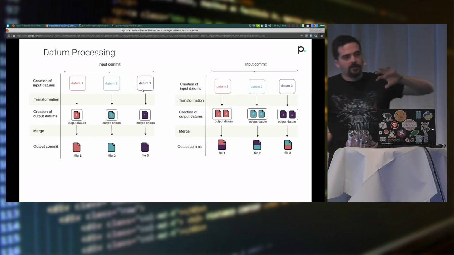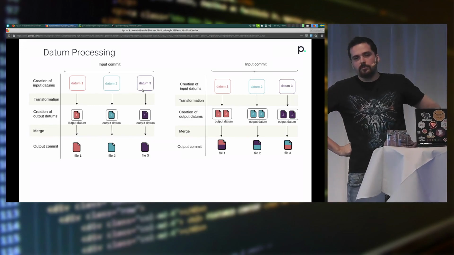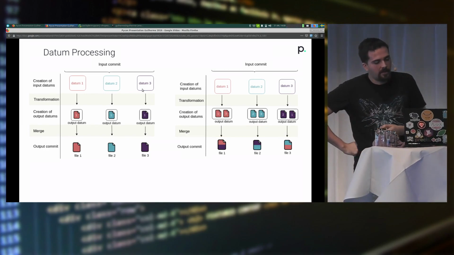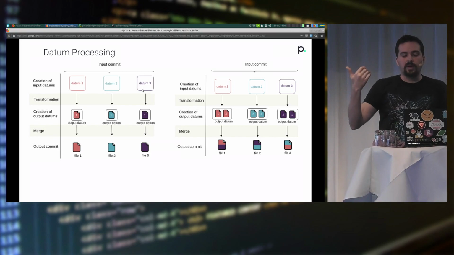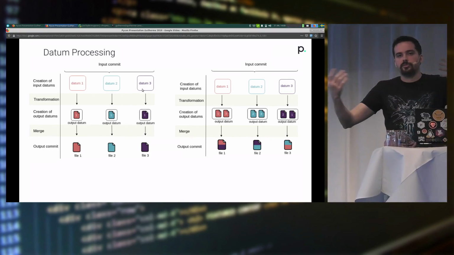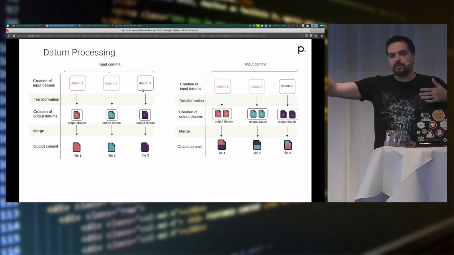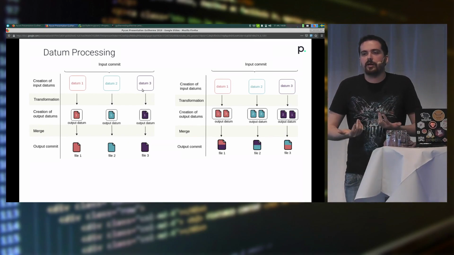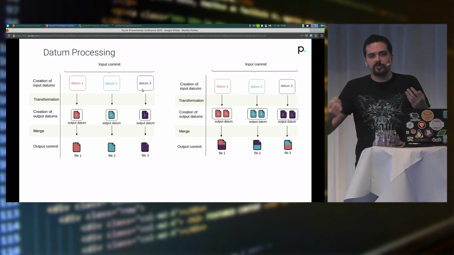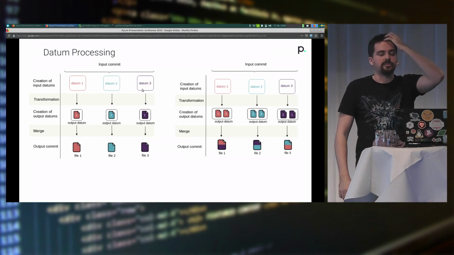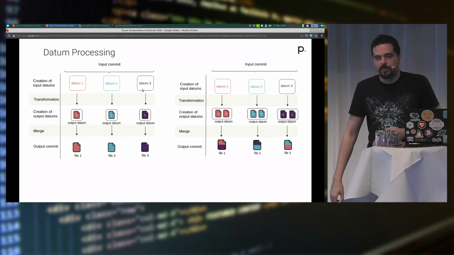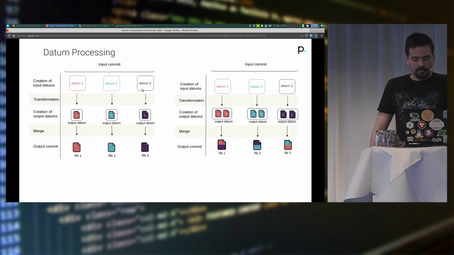So in the first case, on the left, it's really simple: one datum, one run, one output. But you can have something like on the right, okay? You can have a datum that, by being processed, generates 2 files, okay? And then Pachyderm is gonna merge those 2 files with other jobs that are maybe using those same 2 files, okay? And Pachyderm is very based on appending files, okay? That makes a lot of sense if you're using CSV data, series data, okay? But you need to maybe think a bit about your mental model for that, okay?